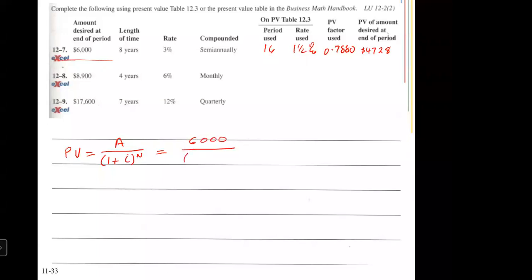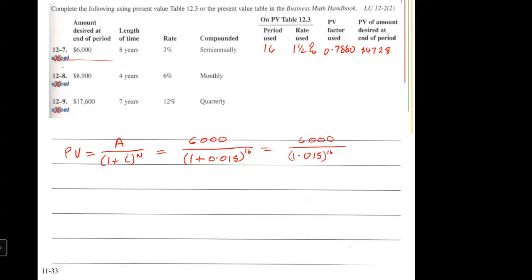And then it's going to be 1 plus the interest, in this case 0.015, to the 16th power. So that would be 6,000 over 1.015